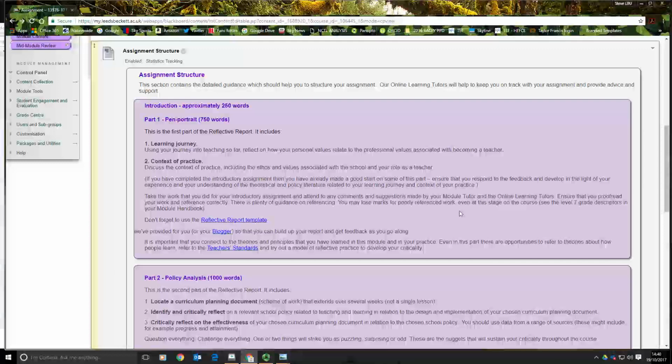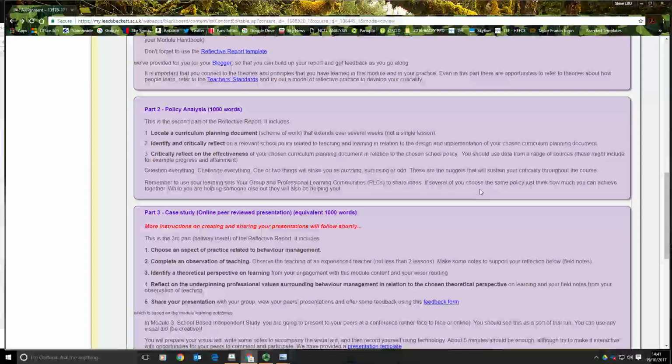And that comes through sometimes by getting involved in after-school clubs, extracurricular activities, and getting involved with the life of the school more generally, not just in the subject area or in the phase. And that is 750 words, which I reckon we've just said more than. Yes, it's not a big section, so please do stick to your word counts wherever you can.